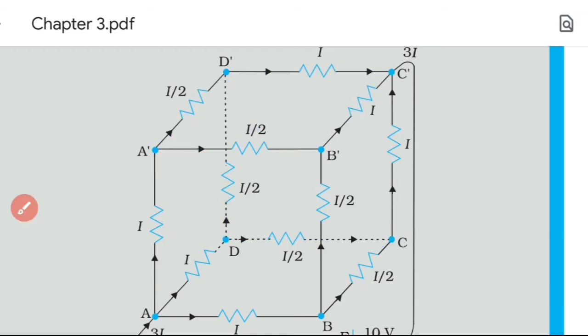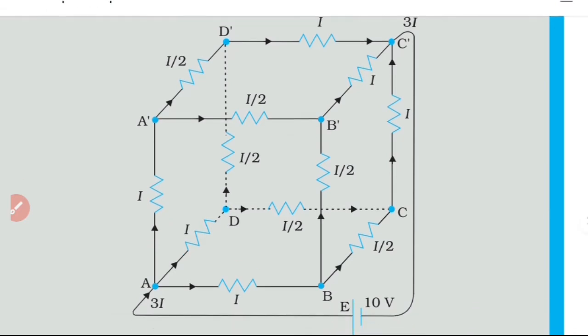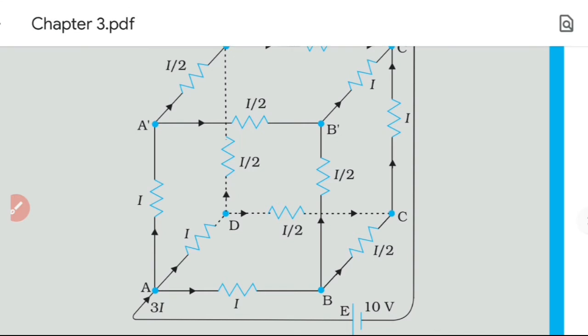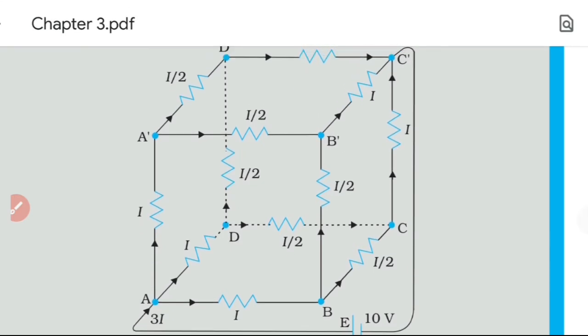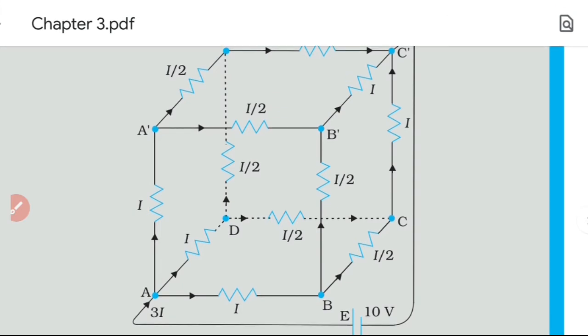The last one I will say once again: the current in A dash D dash combines with the current in D dash D to form the current in D dash C. So these two combine to form I. That is how current is split in this circuit. So now we understand the current in all the edges, in all resistors. The first question is to find the equivalent resistance. Using Kirchhoff's law, you need not find the effective resistance by series, parallel and all; you need not consider that.